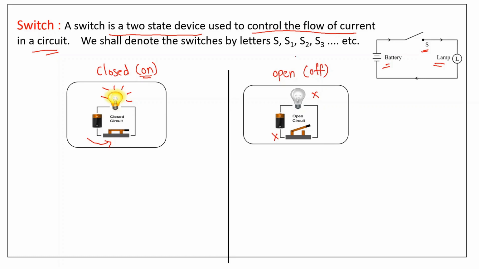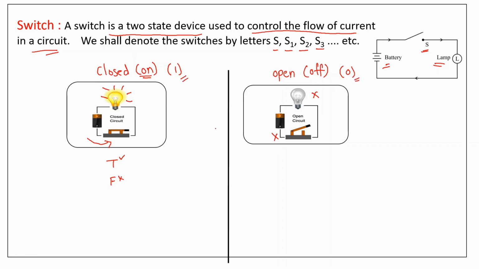So you have to remember that S1, S2, S3 or S are nothing but switches. Now, in statement patterns we use T and F to represent true and false. In this switching circuit, when the switch is on, we take it as 1, and when the switch is off, we represent it by 0. So remember, do not use T and F here, use 1 and 0.